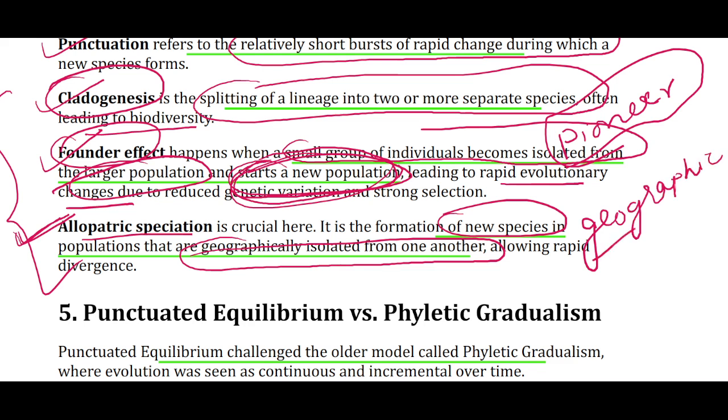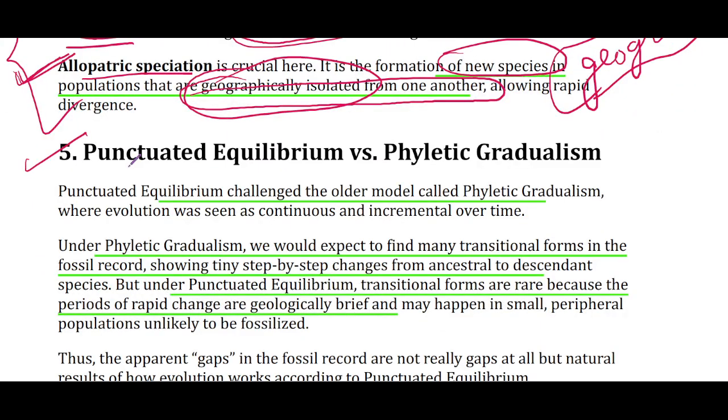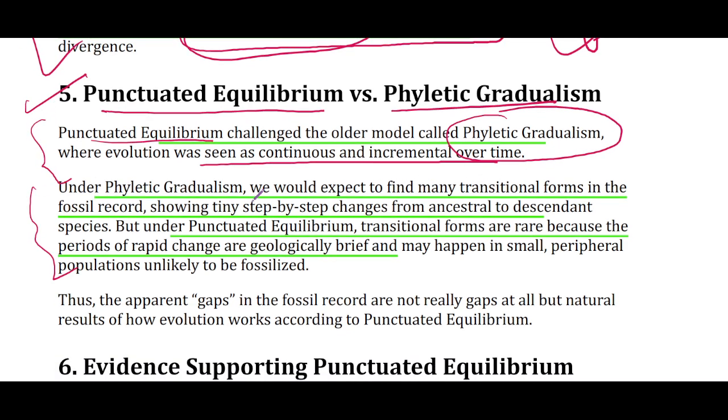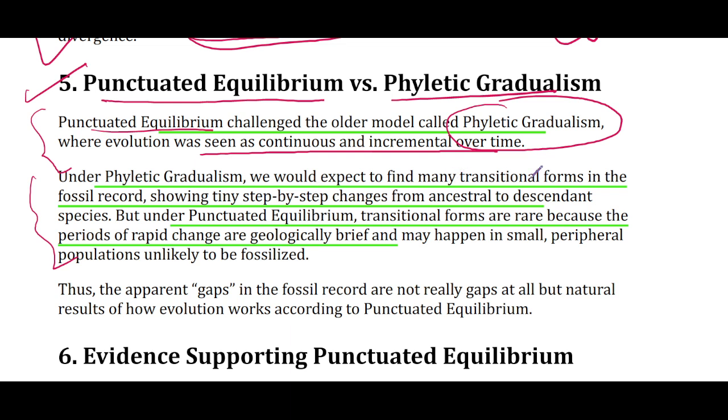It's similar to the process of cladogenesis, but the focus here is more about geographical isolation. Now, the difference between punctuated equilibrium versus phyletic gradualism. This concept challenged the older model, known as phyletic gradualism, which meant that evolution was continuous and incremental. So, under phyletic gradualism, we would expect to find many transitional forms in fossil records,